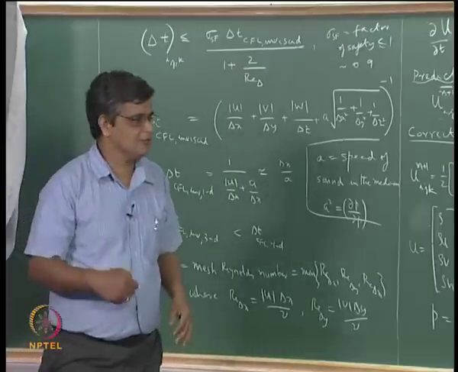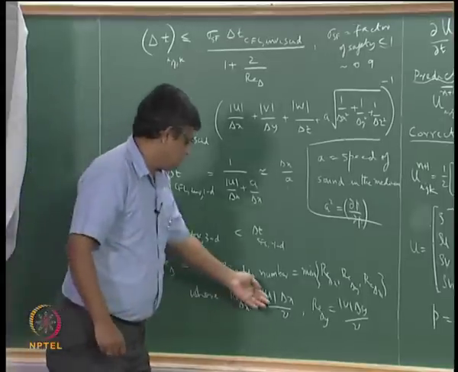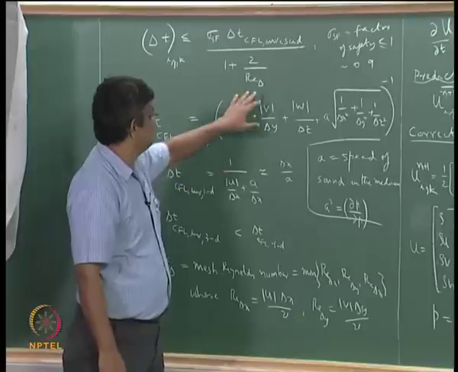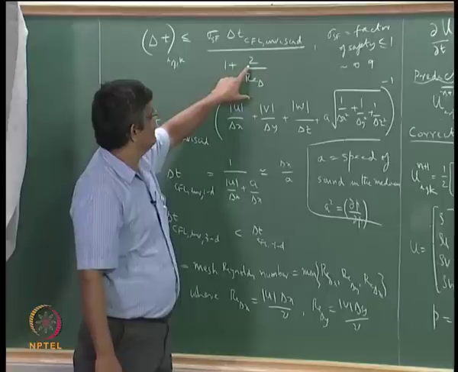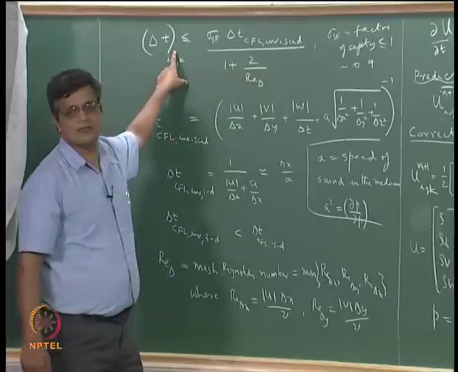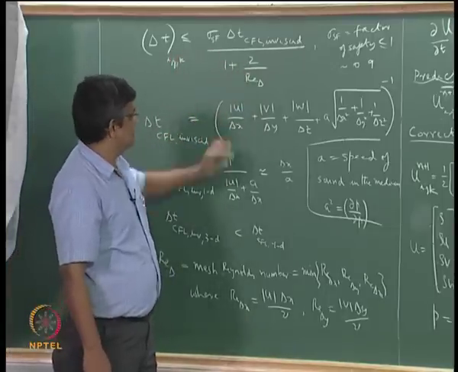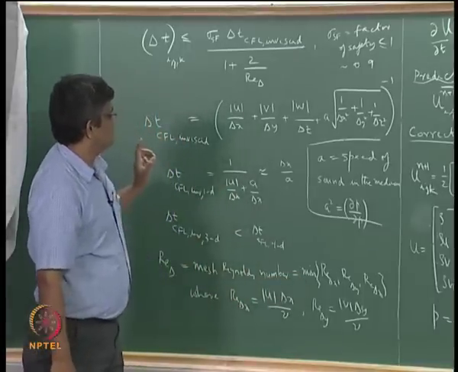Some people may say you should take the largest value because it is an estimate. For example, in case u is 0, if one of the velocity components is 0, then this becomes very small, this becomes very large, and delta t becomes almost 0. So to avoid those kinds of things, you can take a representative value of this, but the point that remains is that